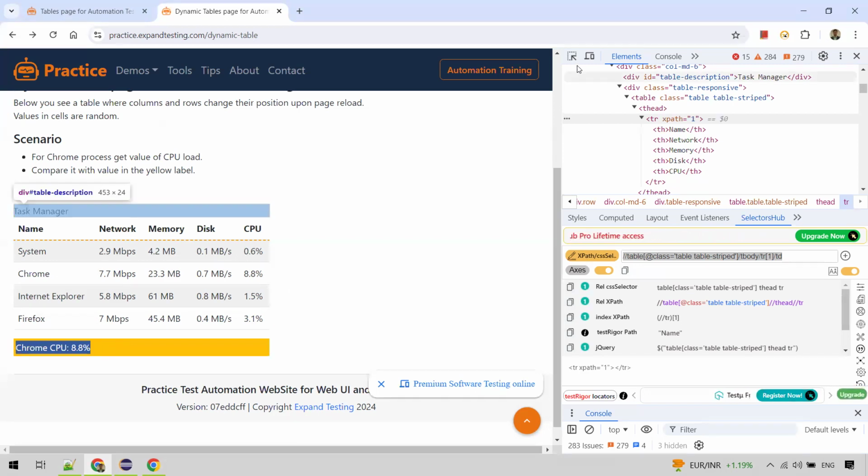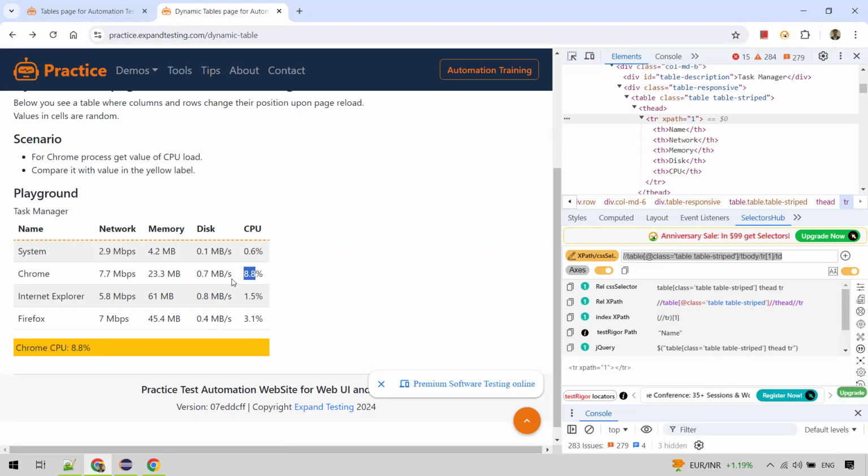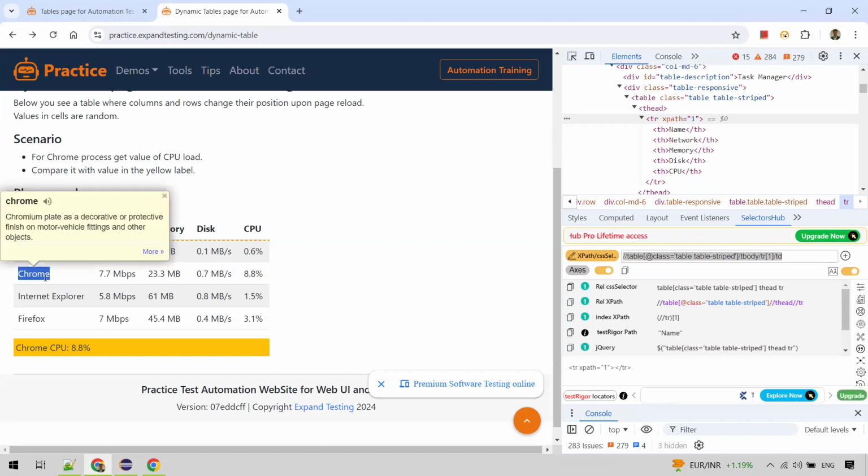So how do you validate? First, we can get the value of this 8.8, then we'll compare it with this label. So how do we get this value for Chrome? We wanted to get the CPU value for Chrome. We anyway wrote the logic for displaying all the cell data, right? So now what we can do is, say for example, this Chrome